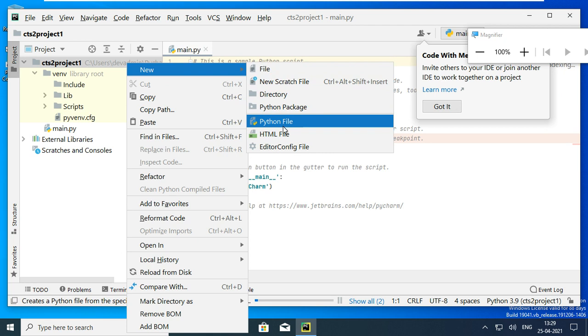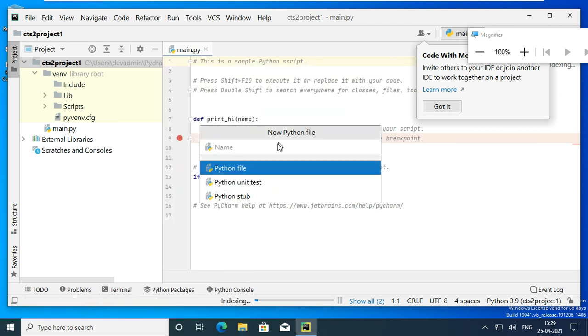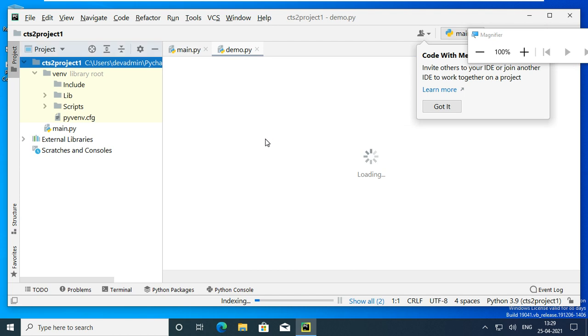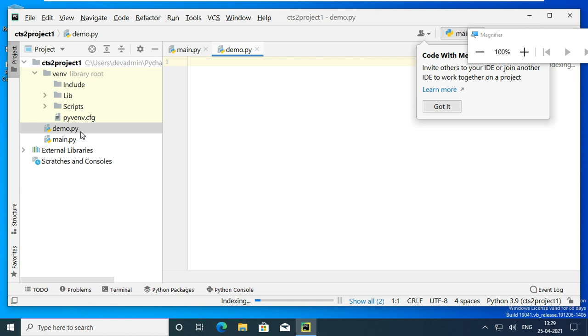So this is an HTML file and this is a Python file. I will put the name of the Python file as demo. Now you have to check where you are creating, whether under this one or outside. So you have to test whether it is working or not.